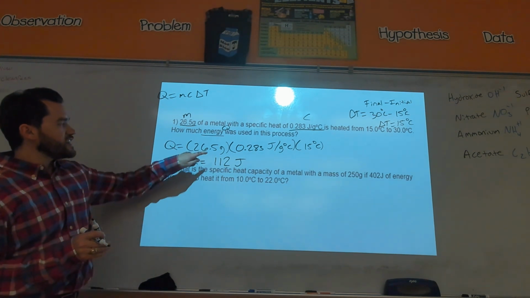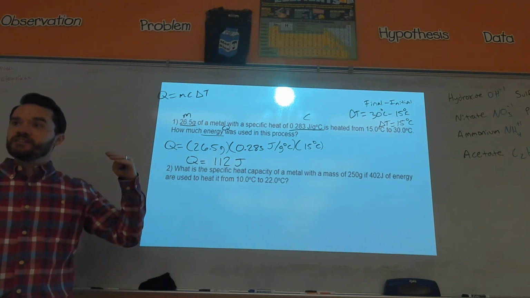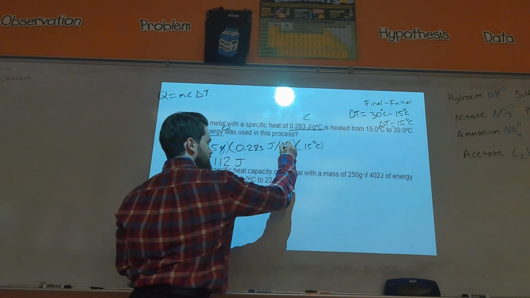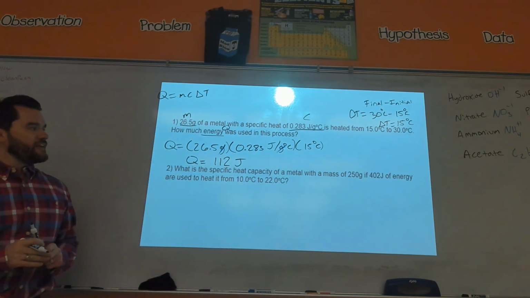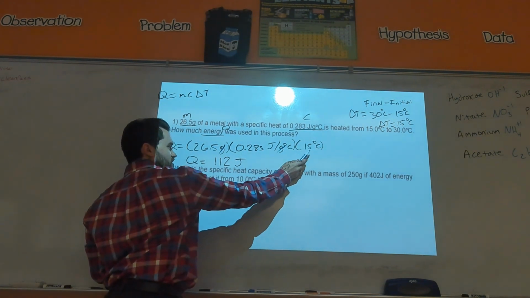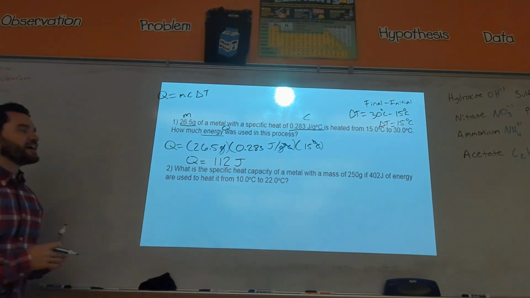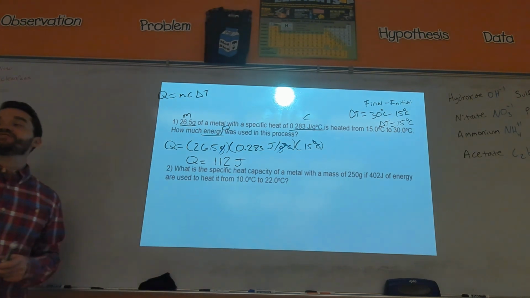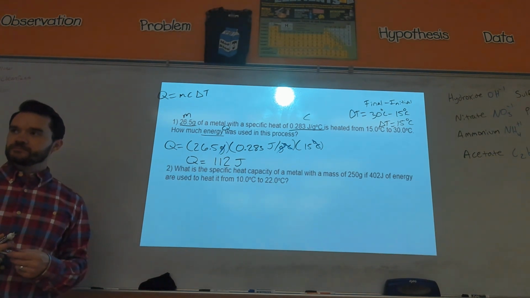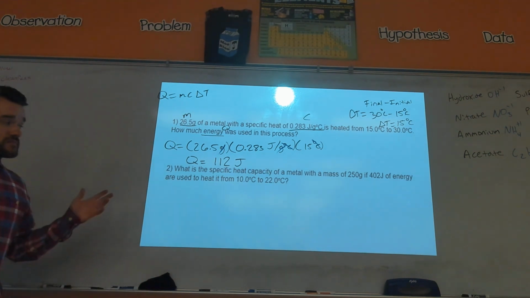Division. So if you see a G for grams here, and you see a G on the bottom of that fraction, they cancel each other out, right? And then here, you're multiplying by a degree Celsius, but on the bottom of the fraction you have a degree Celsius, so those cancel. That's why the answer is in joules. Joules is the only unit that didn't cancel out. Make sense? All right. As I said, I don't think it's too bad.